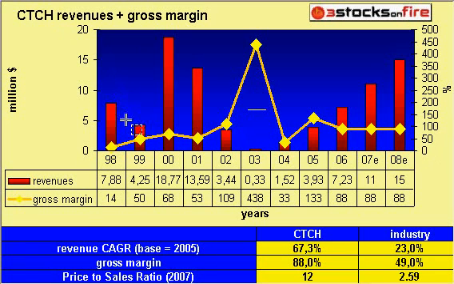As for revenues, well, this is a pretty erratic picture. You can see probably the company changed its business model. It had revenues of 18.77 million in 2000 and 7.23 million in 2006. I expect about 11 million for 2007 and 15 million for 2008, with gross margin of 88%. Revenues are growing since 2005, when they were 3.93 million, 67% a year, and the industry average is 23%